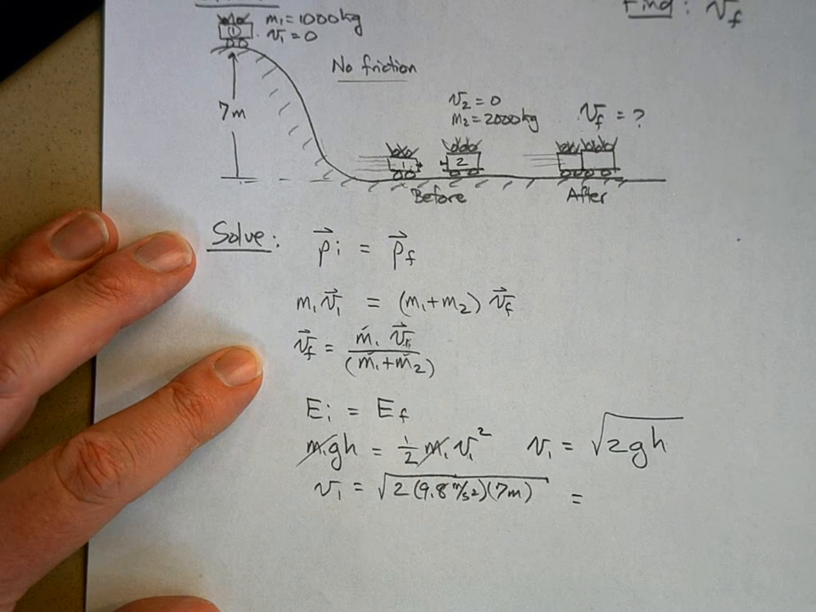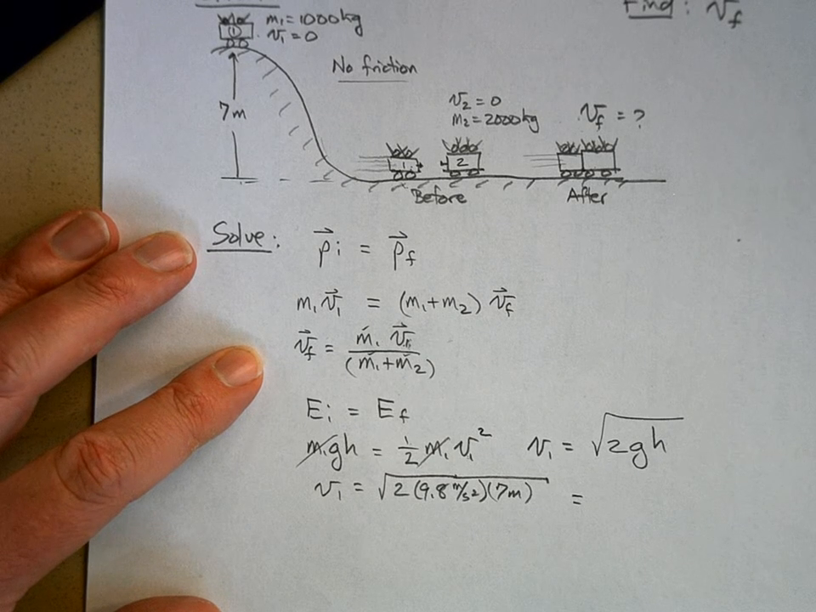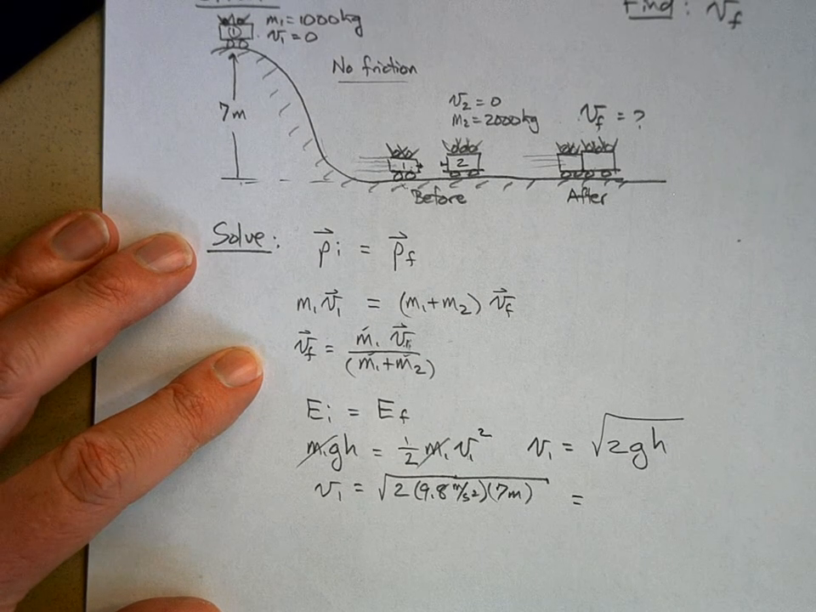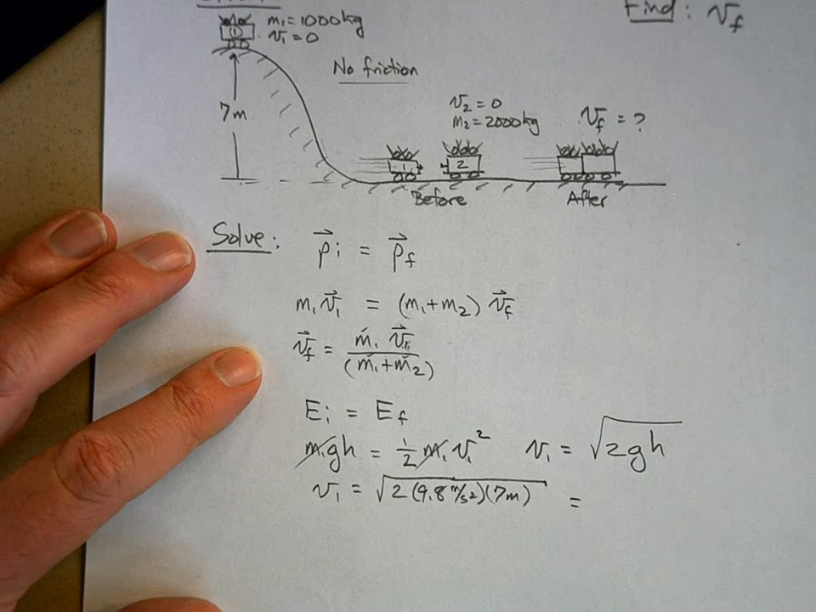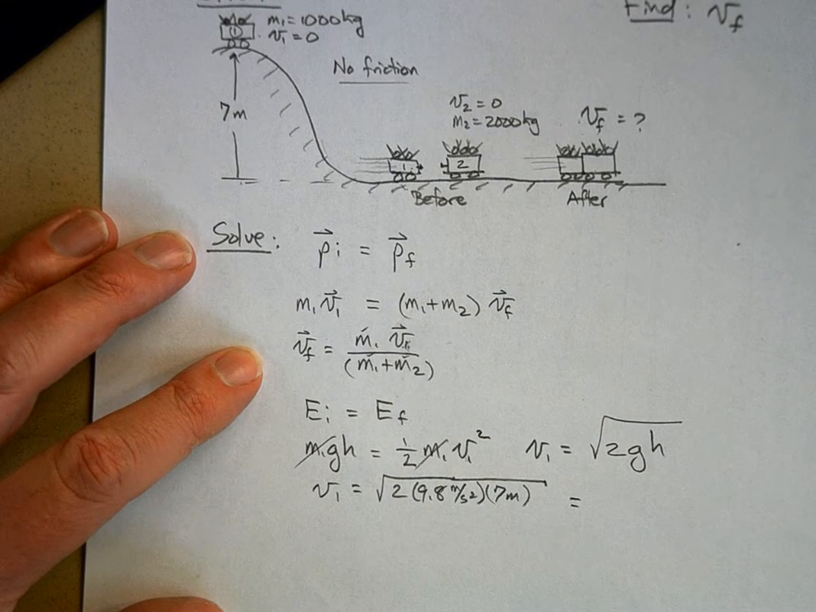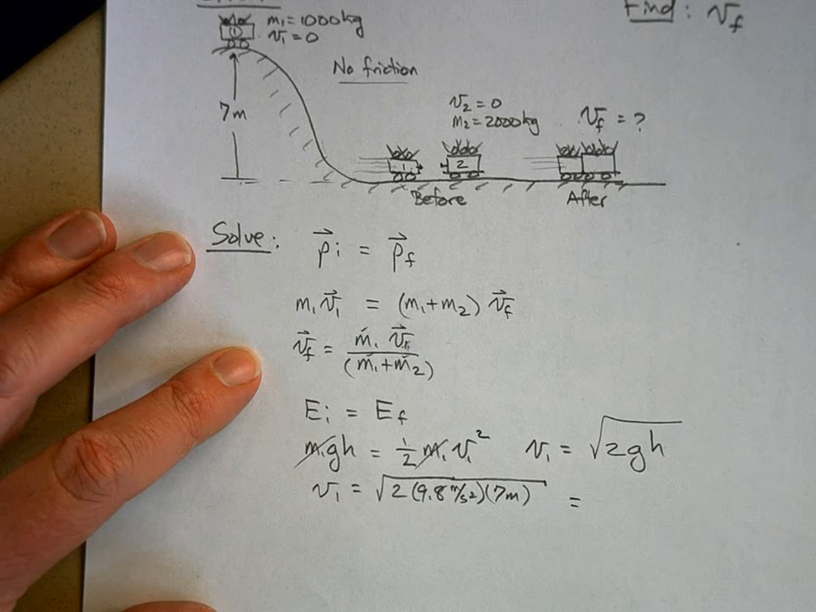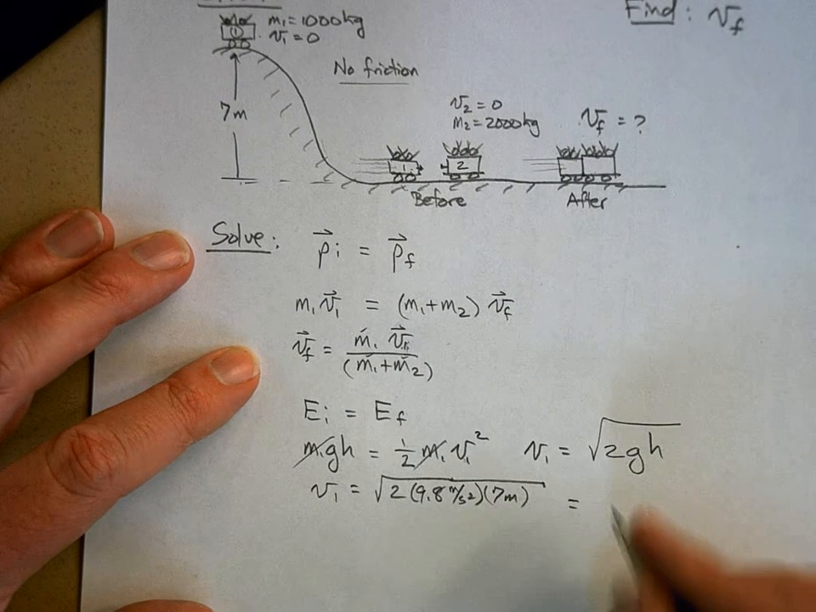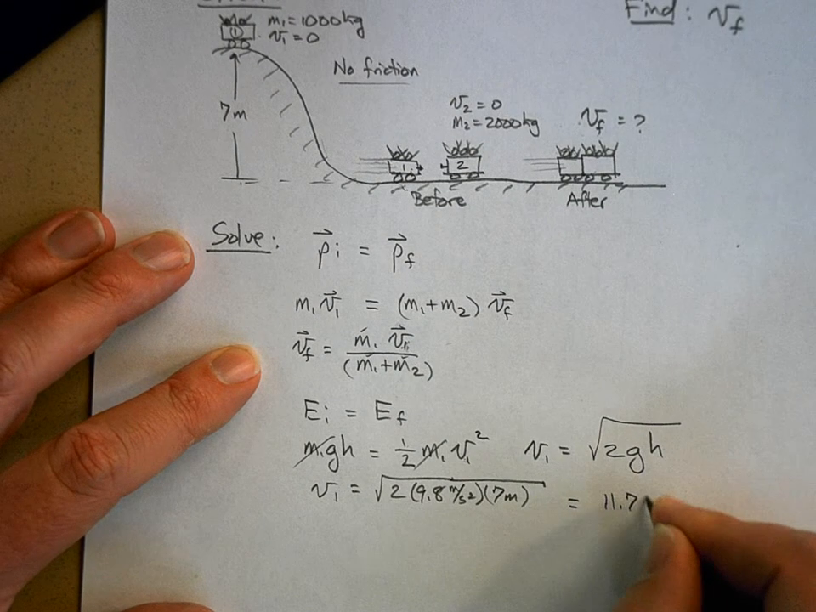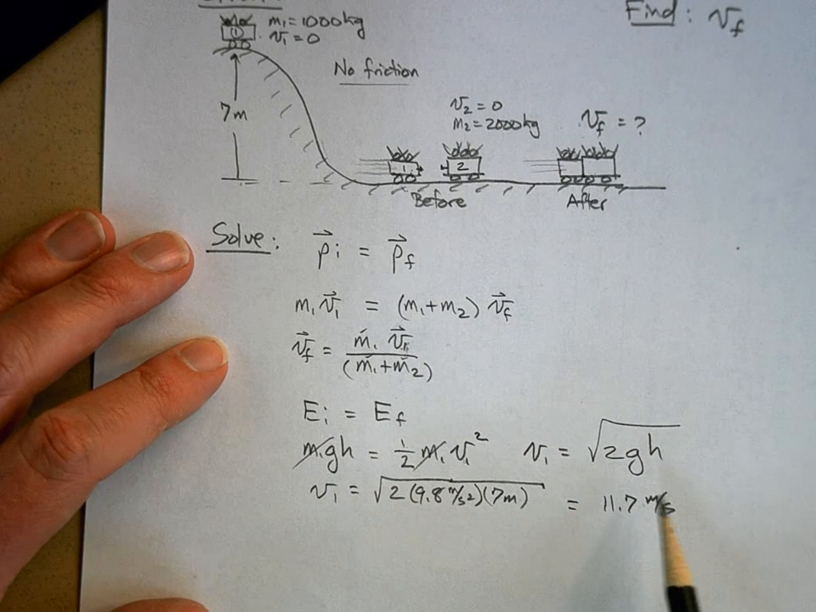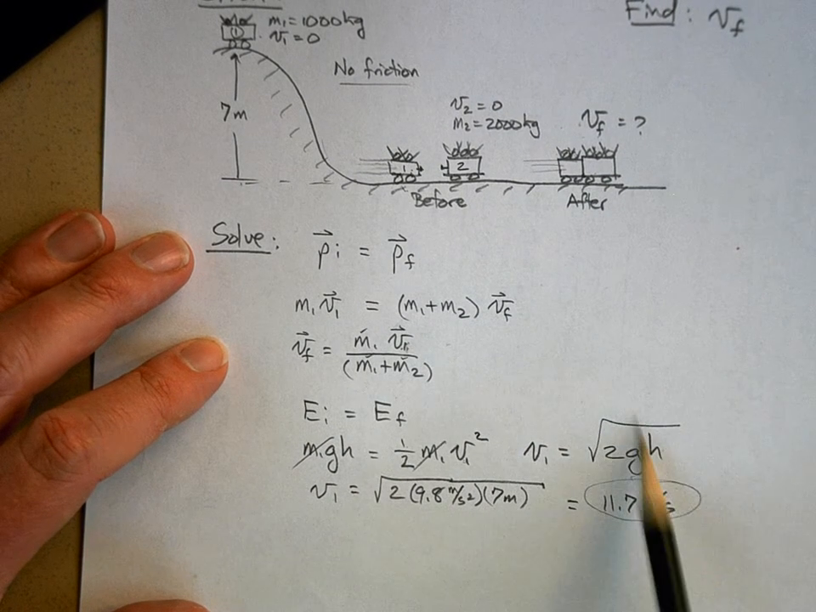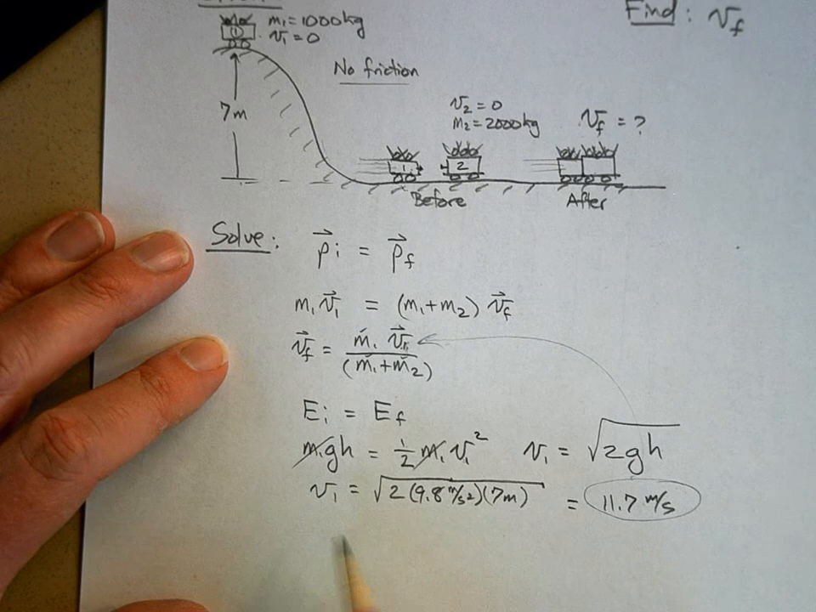So let's just go ahead and calculate that. 2 times 9.8 times 7 equals 137.2, and then I'm going to raise that to the power of 0.5, which is the same thing as taking the square root, and I get 11.7 meters per second. So now that's what this is. So now I can solve for V final